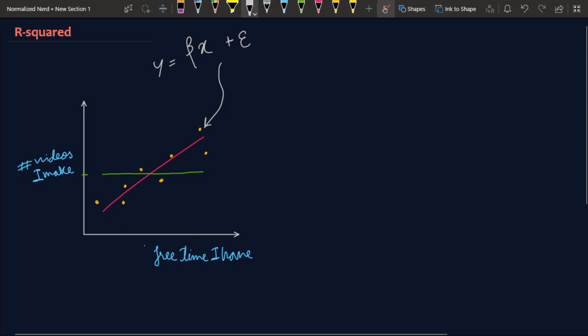Okay, so this is my x, and you can see that if you follow the green line, then no matter what x you feed to this model, it will produce only one value, and this value is actually the average of all the heights of the yellow points. In other words, this is the average of all the numbers of videos. Okay, so now we have a reference line and we have our model. So now we are at a position where we can compare them and we can compute the effectiveness of our model. So to do that, R squared gives us the way,